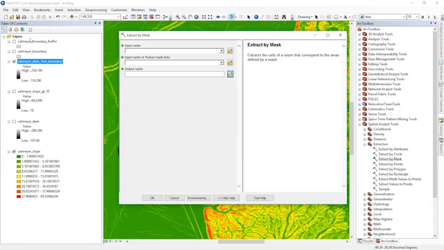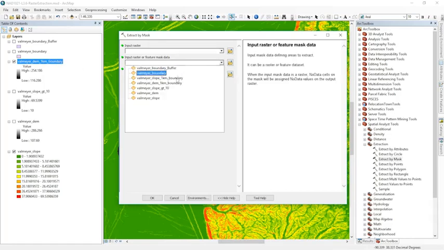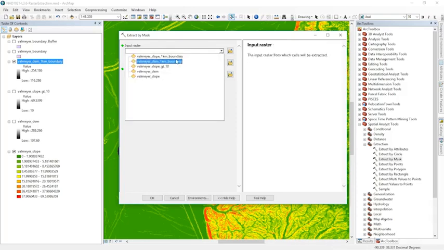Now we know that I could use the same boundary buffer that I used before, but just to show that it's flexible in whether we use raster or feature data as our mask, we'll use the raster that we just extracted, Valmeyer DEM 1 kilometer boundary, as our mask data, and then for our input raster, we'll extract from the Valmeyer slope raster here,